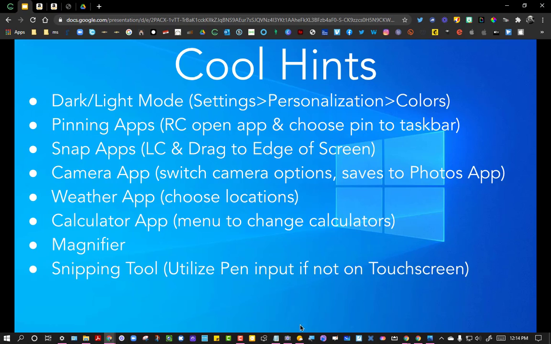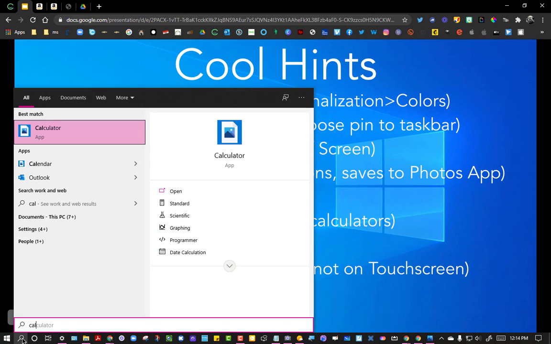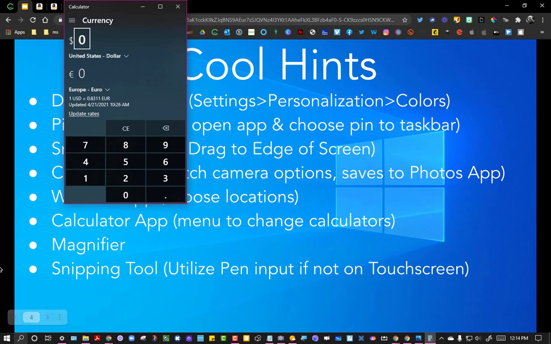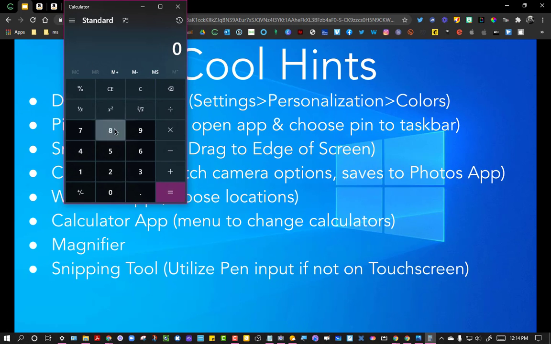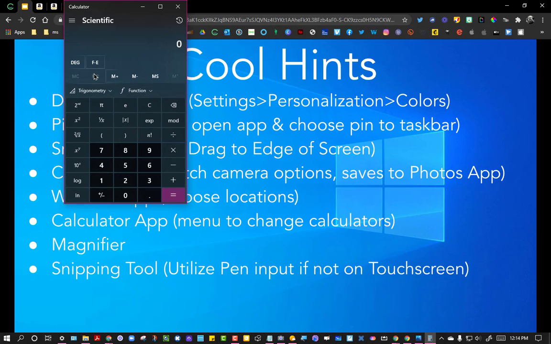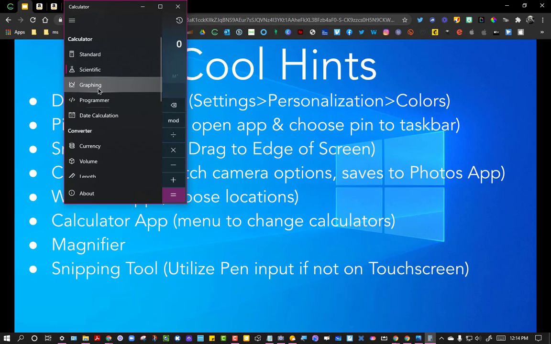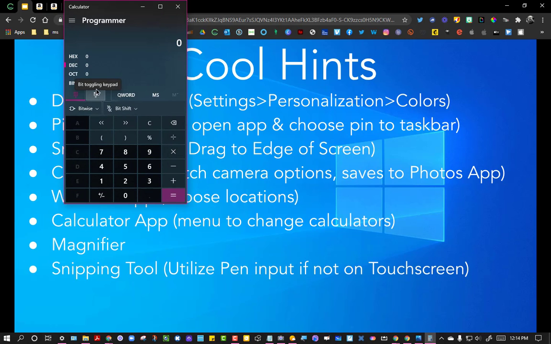The calculator app. Oh my gosh, people do not know how powerful the calculator app really is. So let me go ahead and put that up for you. And we're going to go into the menu here, and it usually just starts up into the standard menu. So you have a standard calculator here, whatever you want to use. But inside that menu, there are so many different calculators. You can change it to a scientific calculator, a graphing calculator, a programmer calculator, which I have no idea what